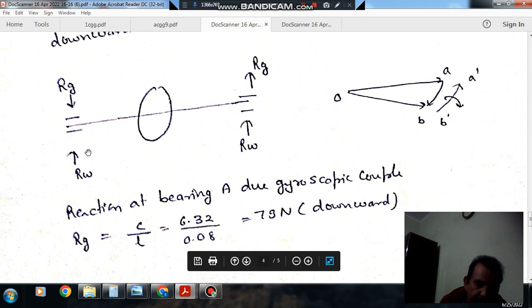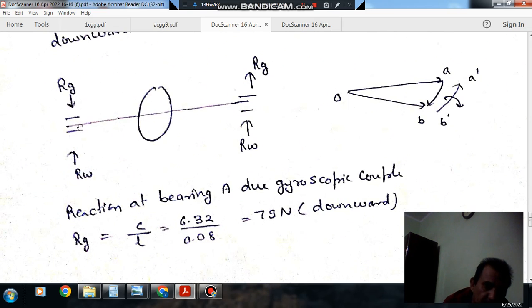So at end A, it will be in downward direction for bearing. For shaft, it will be in upward direction. For bearing, because reaction is provided by bearing, the reaction will be in downward direction, and similarly that amount will also be same, but it will be in upward direction. So that Rg is due to gyroscopic couple, and